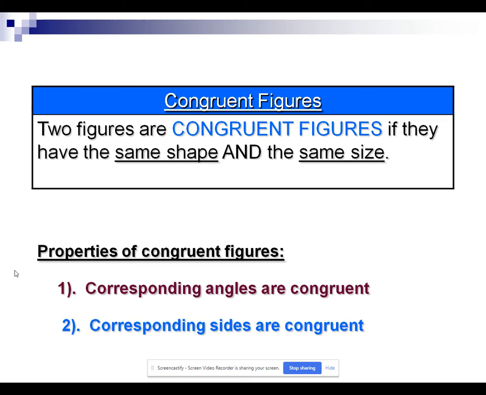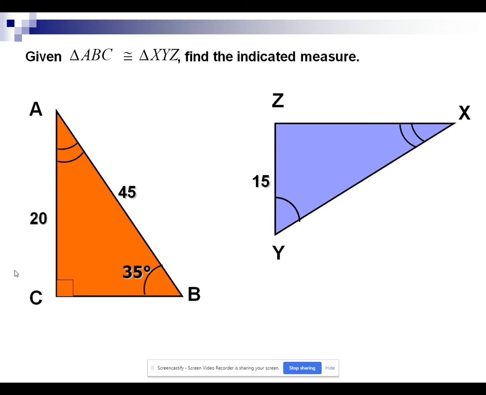So if I have two triangles, I'm going to look at them to try and figure out, are they congruent? Are they the exact same shape and same size? And we're not going to be able to tell just by looking at the triangles themselves. We're going to have to look at the matching angles and the matching sides. All right, so what that means is,